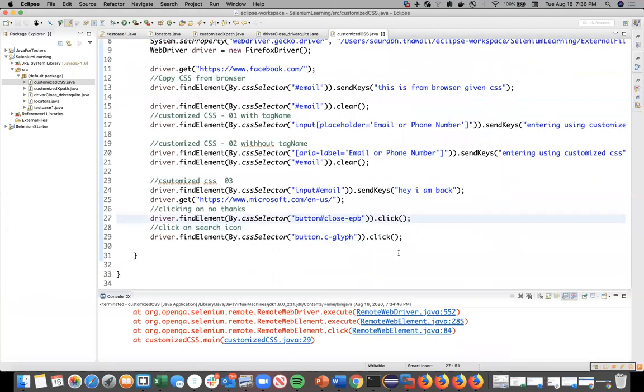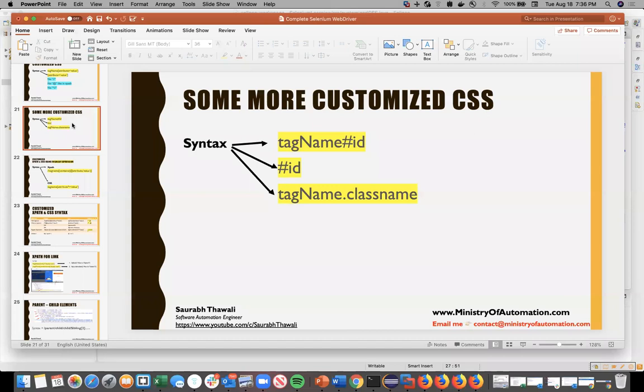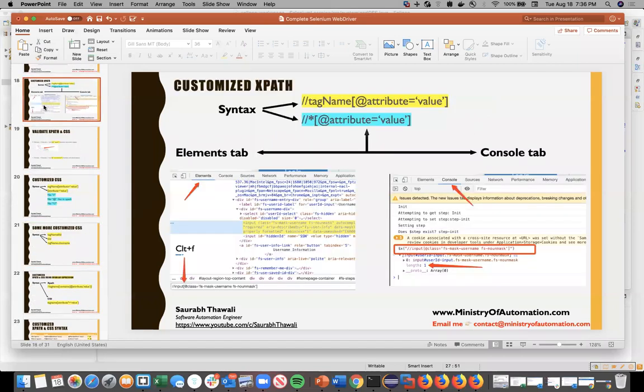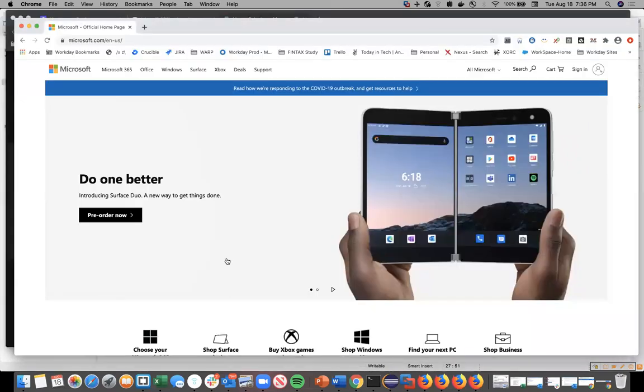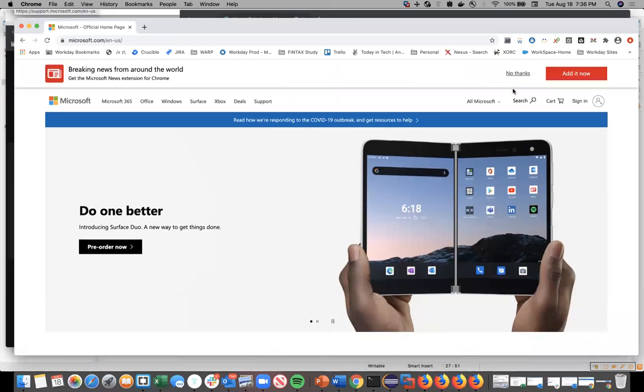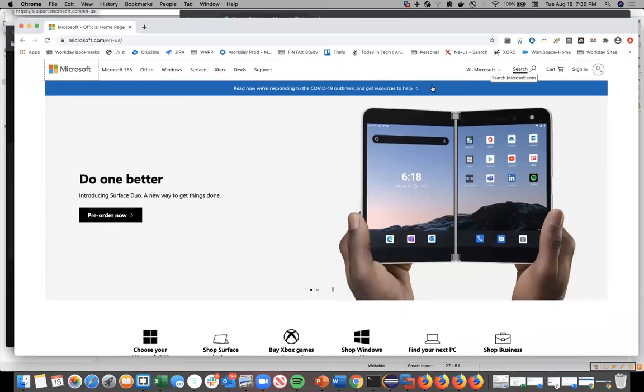Now if you want to check whether you're writing the correct XPath or not, you're going to use this particular syntax in order to search. How many elements does it identify matching your class? So on this page, after we click on no thanks,